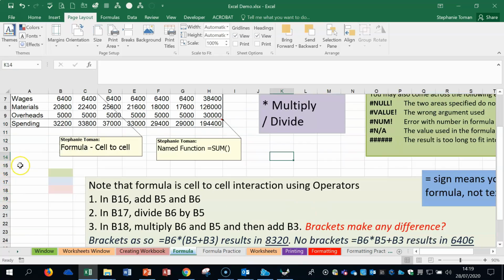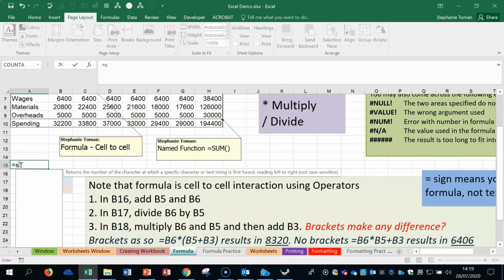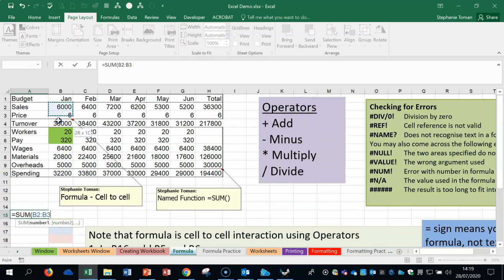For example, if I did a sum in here, equals sum, double click, brought my sum up. If I wanted to sum those cells, I could highlight the range. Notice how up here or down here that it has a colon in the middle. The colon stands for everything in between. So if you were doing sheets, you would do a colon in the middle for every sheet in between one and the last one. In a range, you're doing the B2, everything in between to B10,